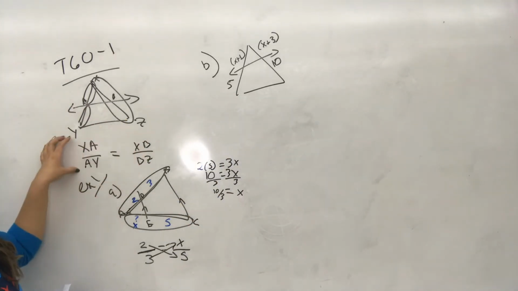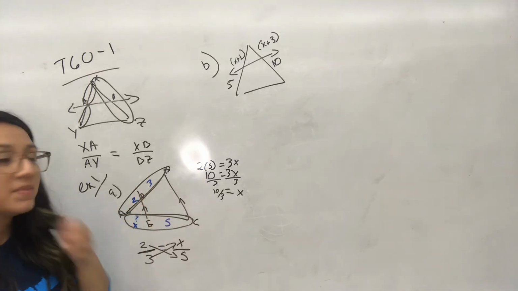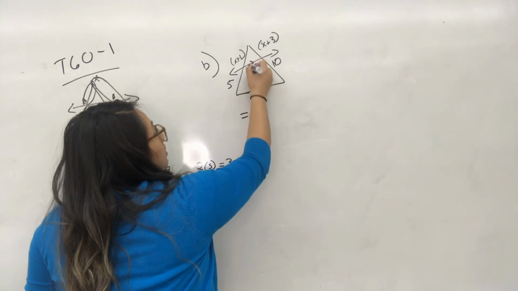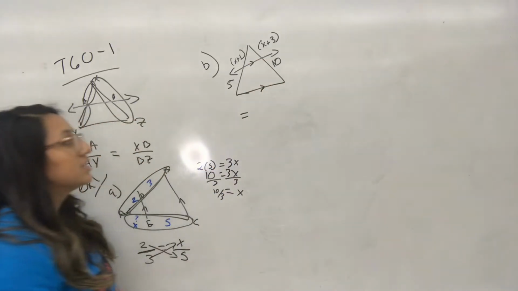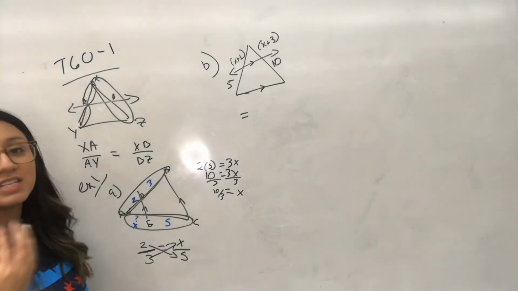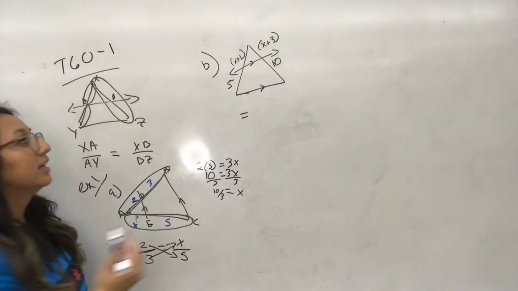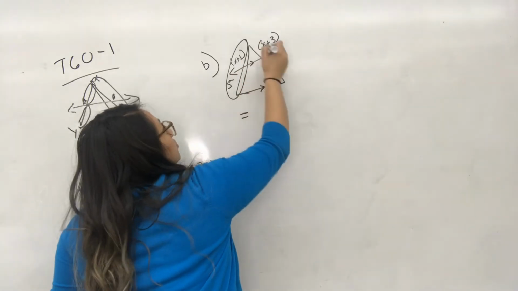They first write this out and then they write the numbers in place of it. You don't have to save time. For this, we are writing proportions. According to the directions, we have arrows. So the arrows signify that they are parallel. If they are parallel, we can go ahead and use this theorem, meaning one side is proportional to the other